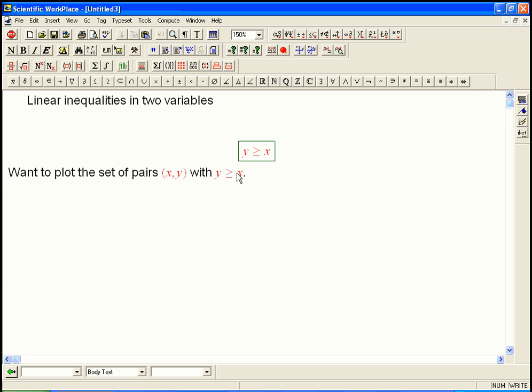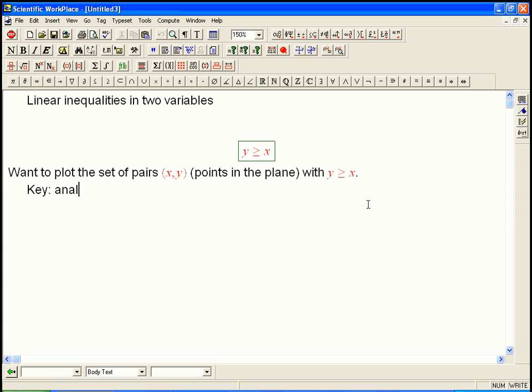Okay, so it's going to be some set of points in the plane. A pair is just a point in the plane. So we want to look at the set of pairs with y greater than or equal to x. In other words, the height, the vertical coordinate, is greater than or equal to the horizontal coordinate. Well, as with inequalities you've seen before, usually the key